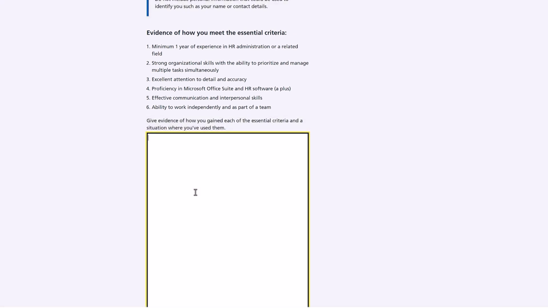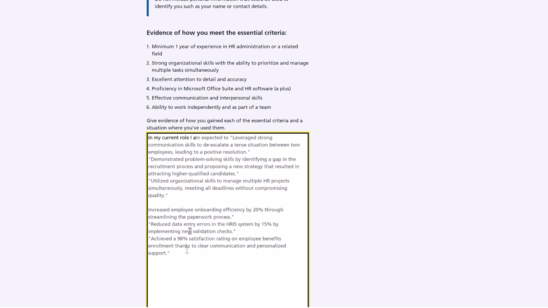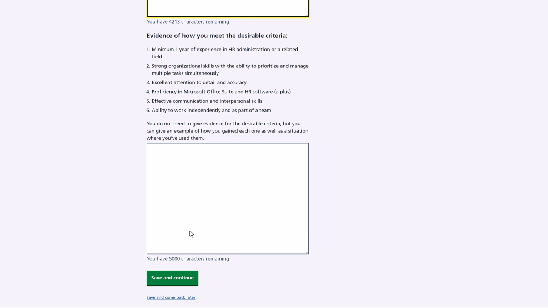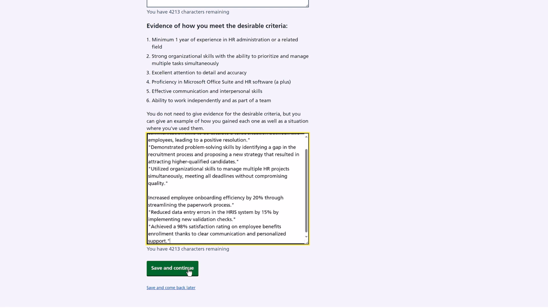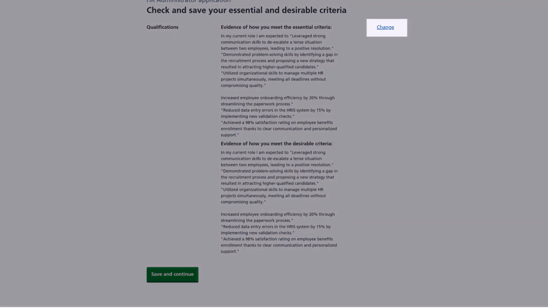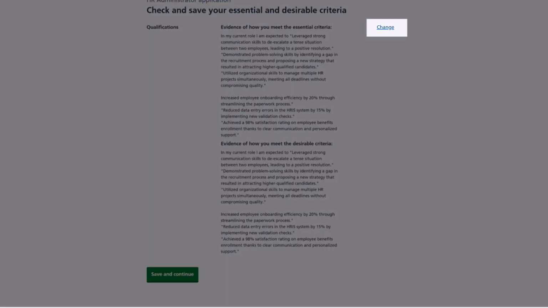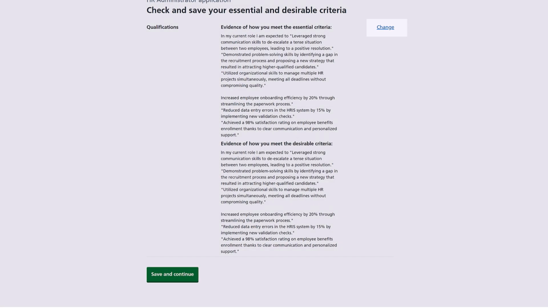Make sure you cover each one individually. Some roles will also have a desirable criteria section. Just complete the same as above, and then click Save and Continue. View your answers and use the change link to make any necessary adjustments. Then click Save and Continue.